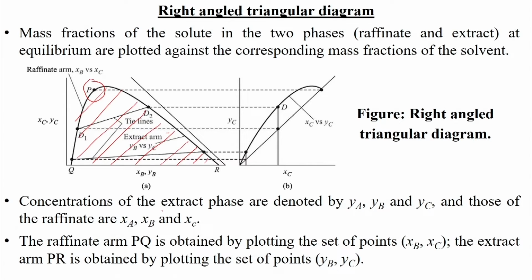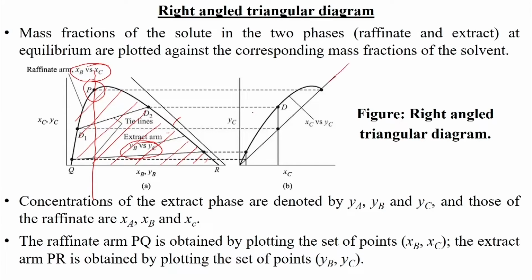So the concentration of the extract phase, suppose up to this, from Q point to P point, will be XP versus XC. And after that, from point P to R, it is YB versus YC. But whenever we draw a tie line, all these are actually drawn from the tie line data. Suppose this P will be lying on the